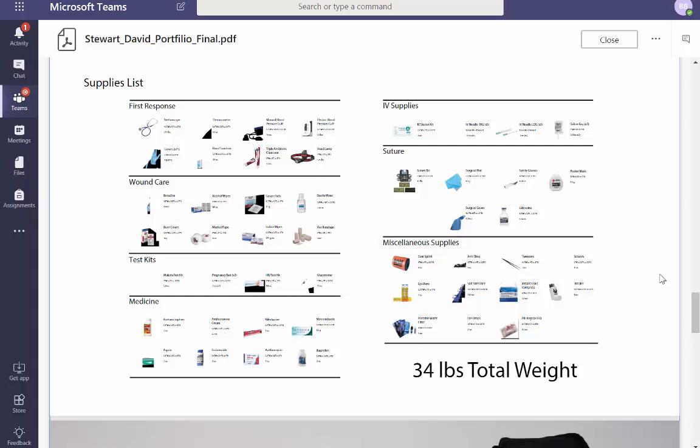It's just an ugly page. What you're saying is good and valid. Is there a hierarchy? Which ones are more essential than other ones, right? So miscellaneous supplies probably won't be the most important because it's miscellaneous. And 34 pounds of weight, yeah, that's heavy, but it's not like military heavy.